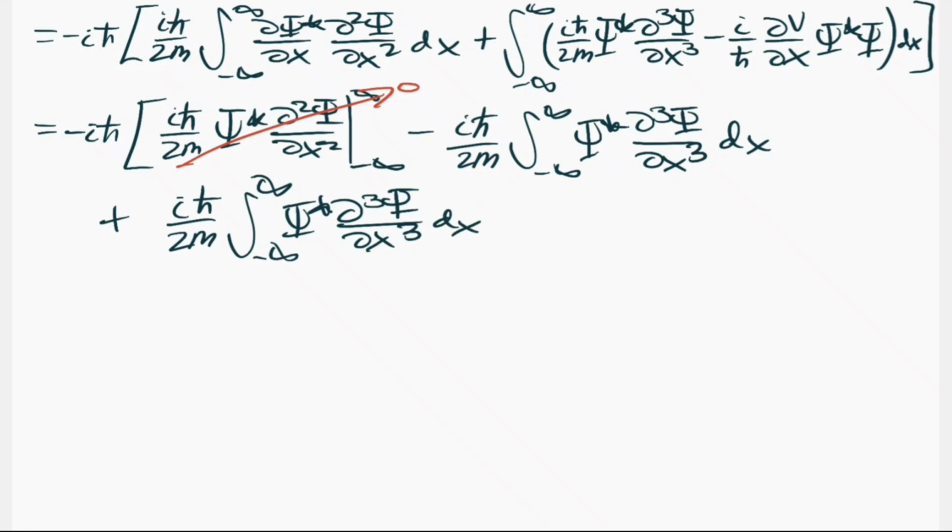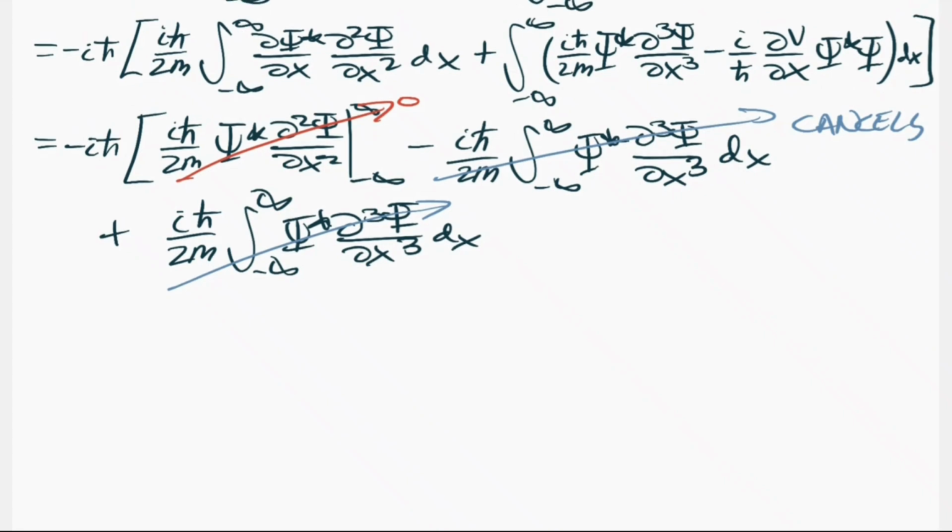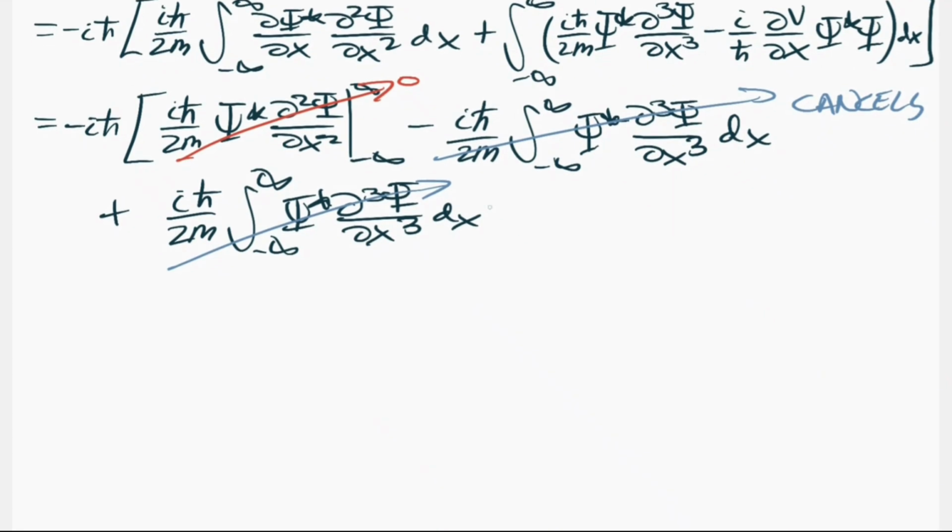So because of that, we're going to cancel these two out. So we've taken care of that, and then we just have minus i over h bar, integral from negative infinity to infinity of dV/dx psi star psi